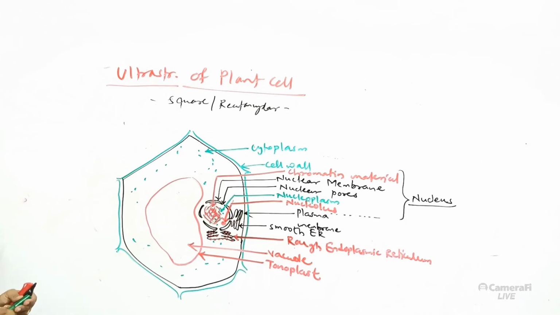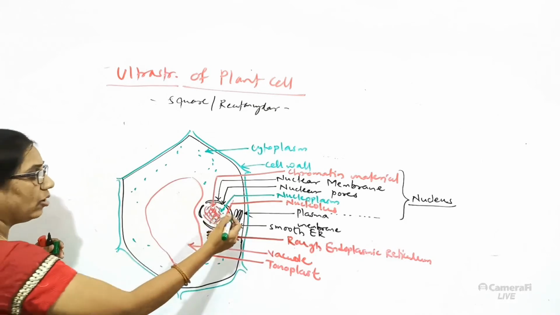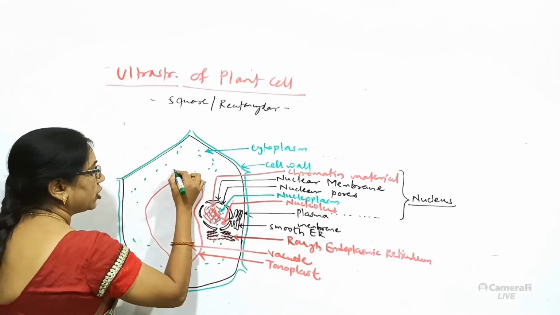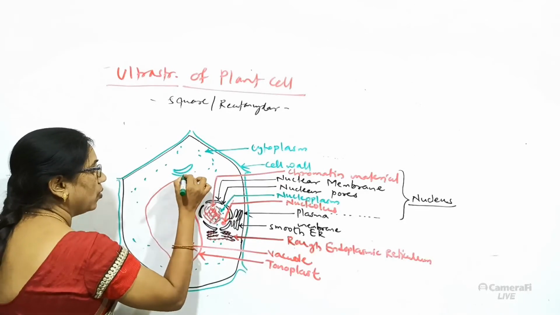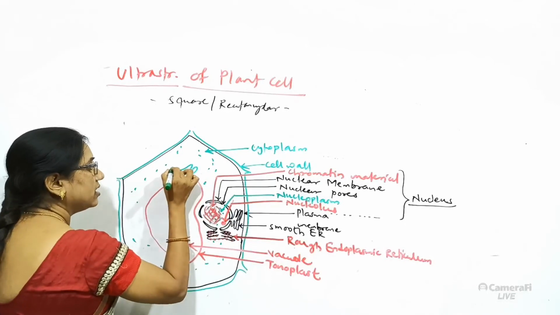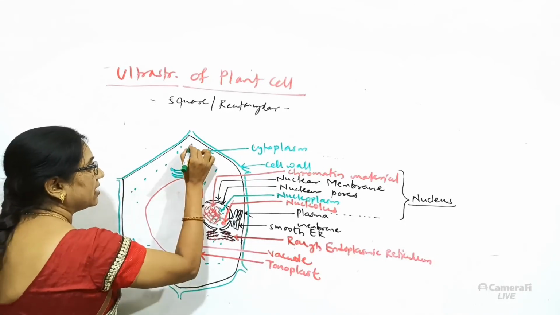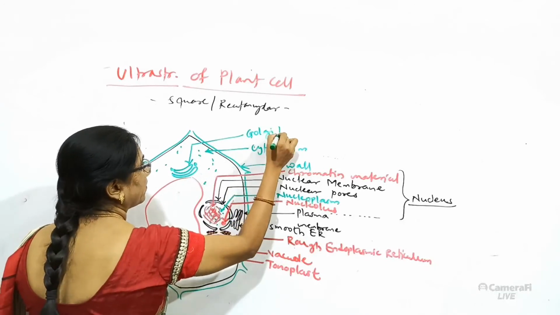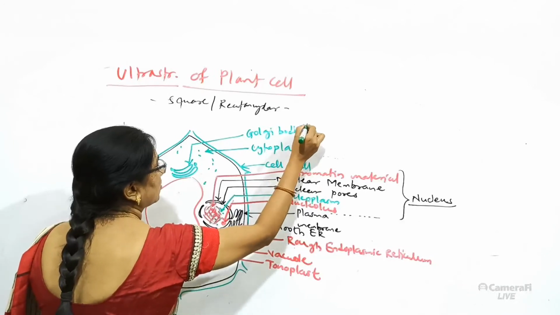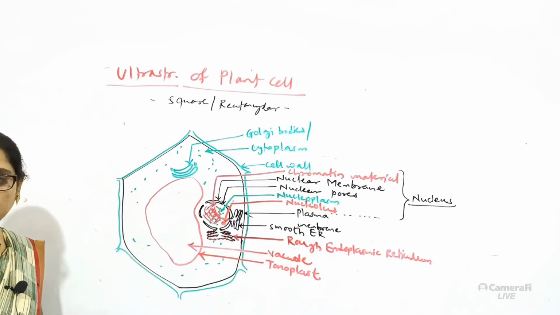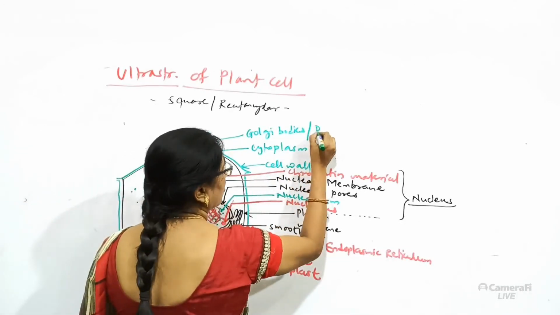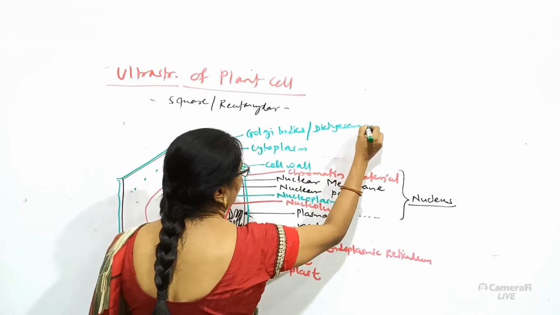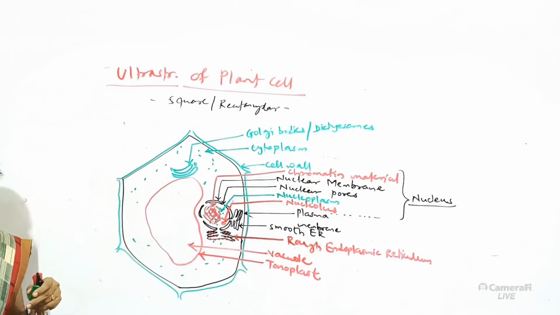Along with ER, many other structures are also present in this cytoplasm. So it shows the presence of such bowl-like structures, and what are these bowl-like structures called? These are called Golgi bodies. Or in the case of the plant cell, these Golgi bodies are also called dictyosomes. In the case of the plant cell, what are these Golgi bodies called?